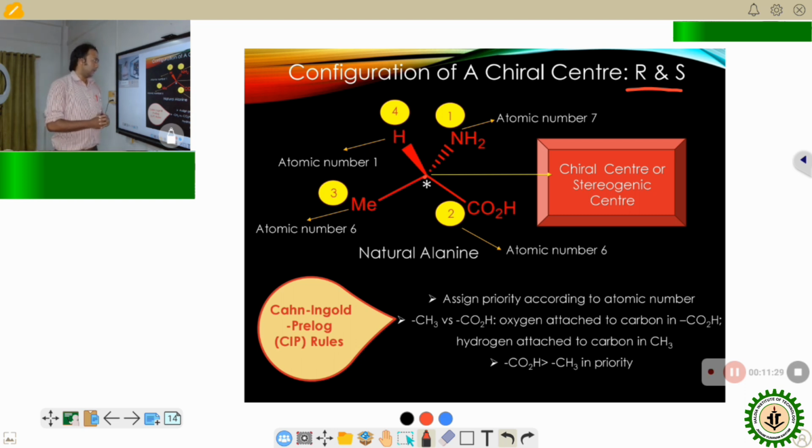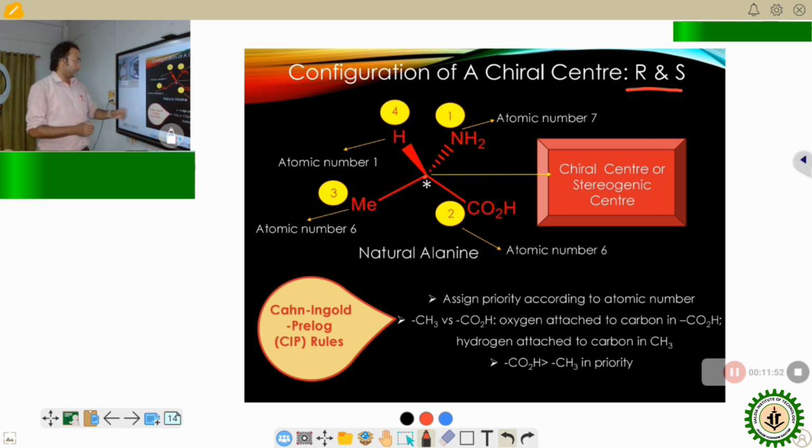So according to atomic number, we can number 1, 2, and 3, 4. But there is a clash between the 2 and 3 because both are having atomic number 6. So now, how can we differentiate them? Which one is 2 and which one is 3? I have written 2, 3 here, but now I say to you what is the rule determining this, assigning the